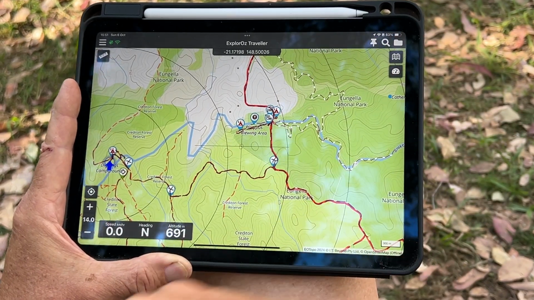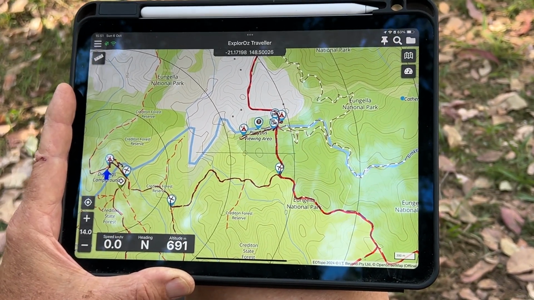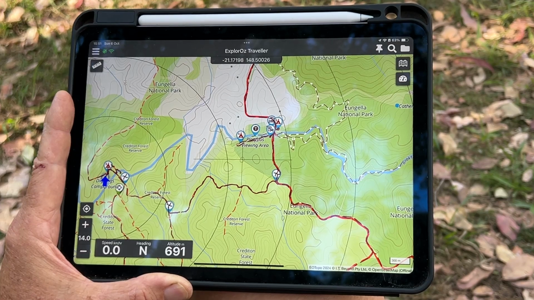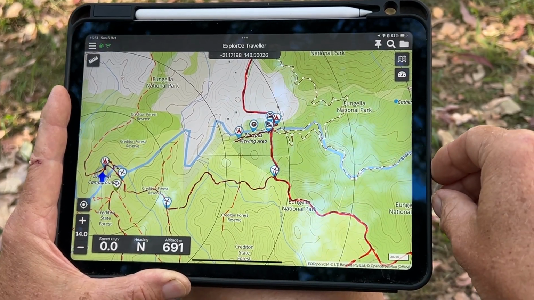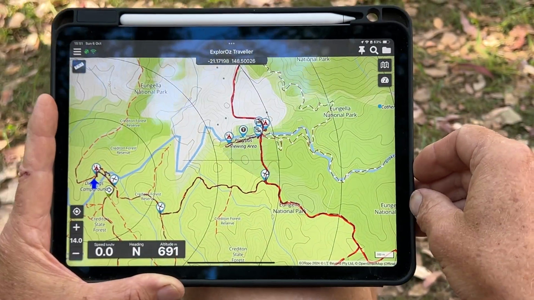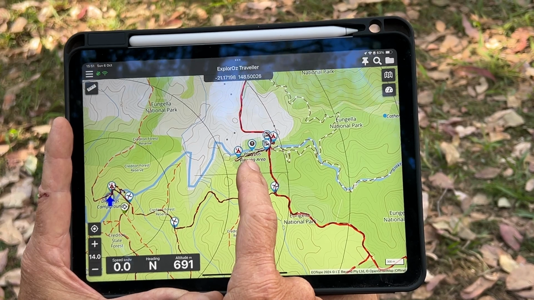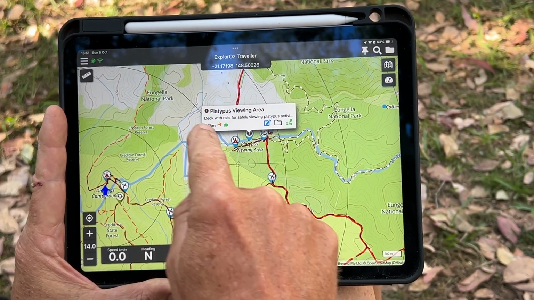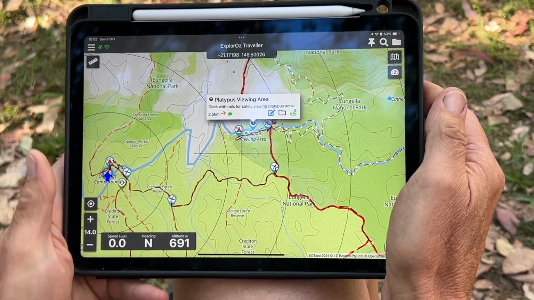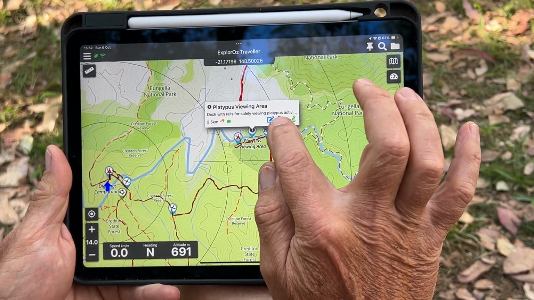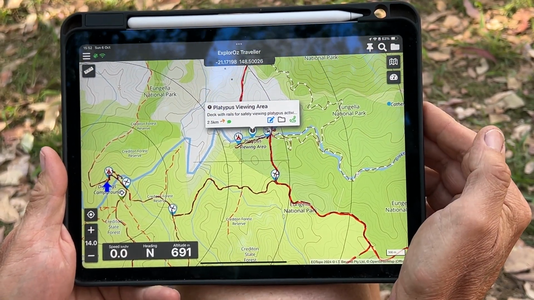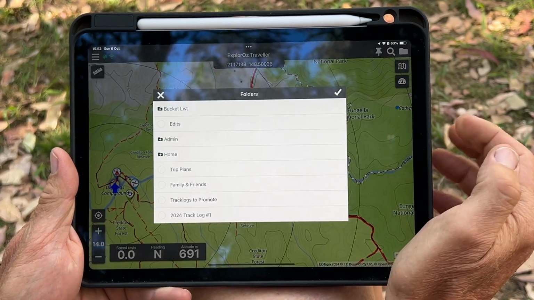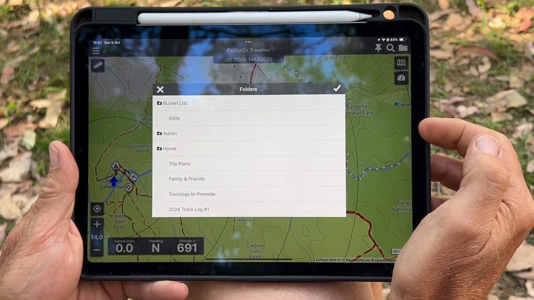So how do we add something to a folder? We can add places, we can add treks, and we can add track logs to our folders. We can add any of the content that's available on the system. So let's say we'll add this platypus viewing area. We'll open up this. It could be any record on the system, and you should see this little folder icon next to it. If you tap on this folder icon, it will come up with your list of folders,